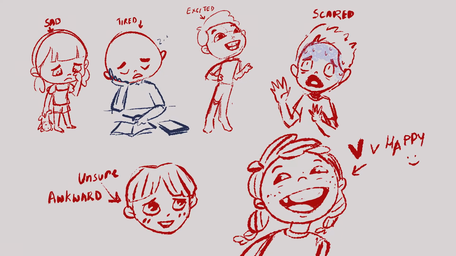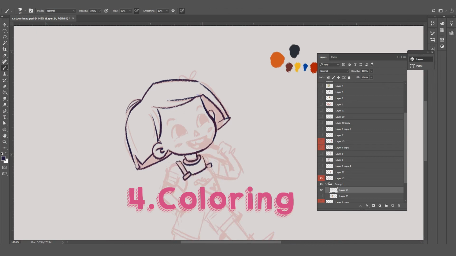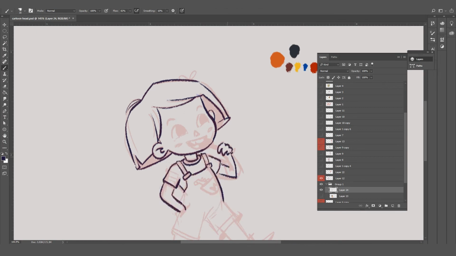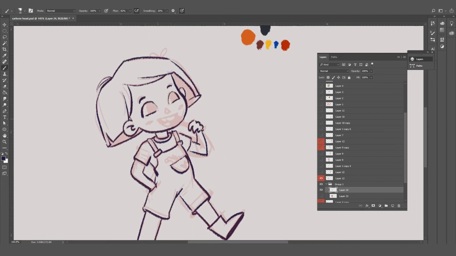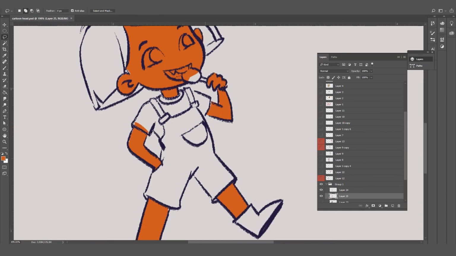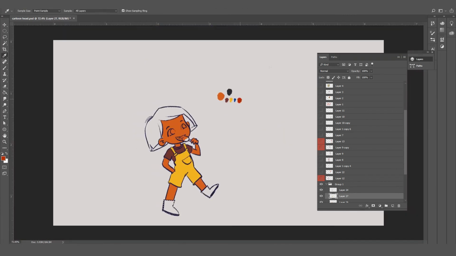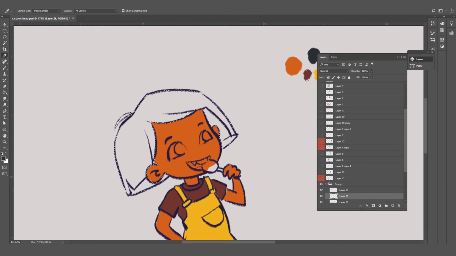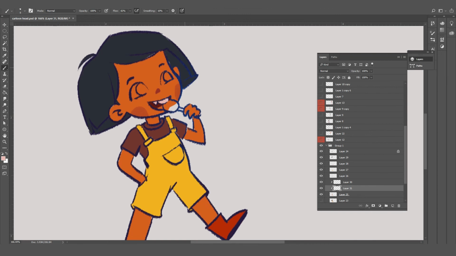So now that is done, let's go ahead with our final segment of this, which is coloring of the characters. So yeah, I'll color the character which I did design during the first part of the video. I wanted to give her a very bright yellow overall, so it goes with the mood of the character basically. First I cleaned up the line art a little bit, then selected and filled the flats, and for this one I decided to go with a very cut out and flat shading style, almost like a cell shading kind of thing.